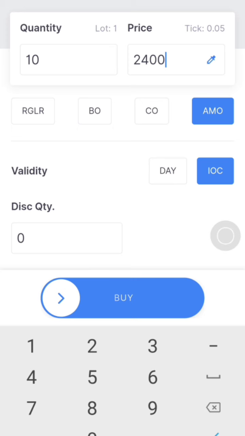When I'm buying 10 shares, some sellers should be there. Let's say five sellers are there at 2400 and I get 5 shares at that price. For the rest, 5, there are no sellers. So what will happen? Immediate or cancel means whatever shares I am getting at that price, it will immediately execute that many shares only. It will not wait for the complete shares. Here I can put a disclosed quantity also. For example, I want to purchase 10 quantity but I want to disclose only 5. I can mention that here, and then I can do my trading.